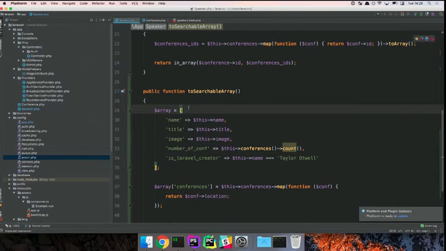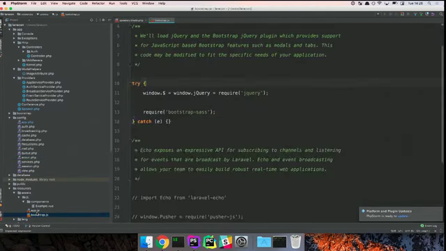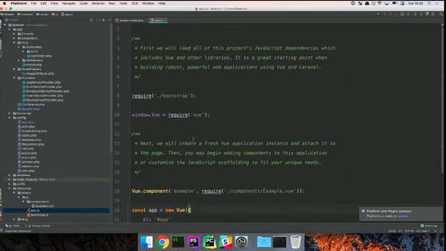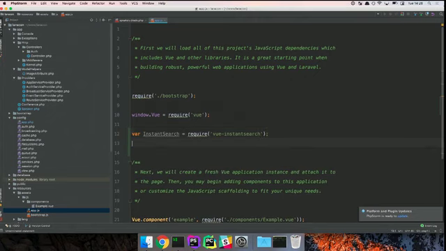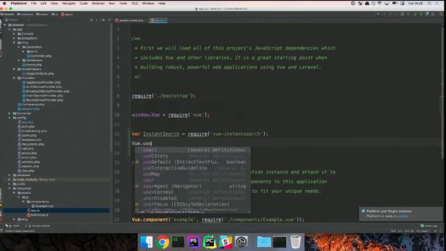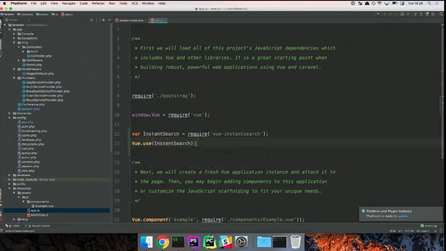And same as for Scout, I need to enable it. So I'm going to the app file, not this one. Yes. So this app file, it's out of the box with Laravel. So when I was saying you don't have to do a lot to set up, it's because these Vue files, they are already ready, and you have only 2 lines to do to use Vue Instance Search. You require Vue Instance Search, and I tell Vue to use it. And that's it. So very simple way to install it.